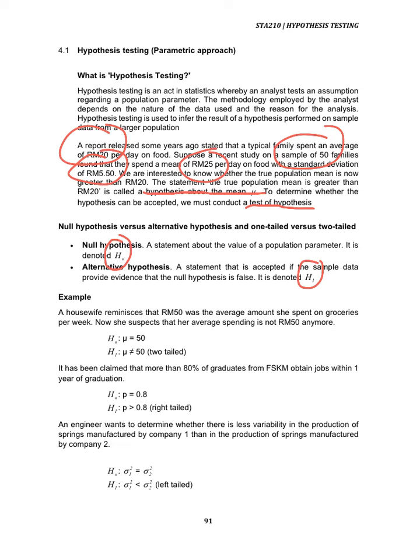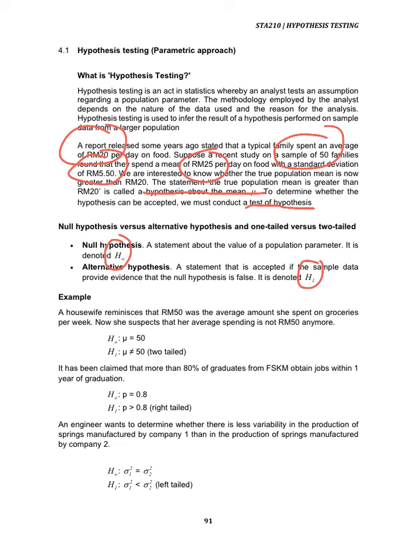Okay, for example, a housewife reminisces that RM50 was the average amount she spends on groceries per week. Now she suspects that her average spending is not RM50 anymore. So our H0 here, we write as H0: mu equals 50 and our H1: mu not equal 50. So remember,